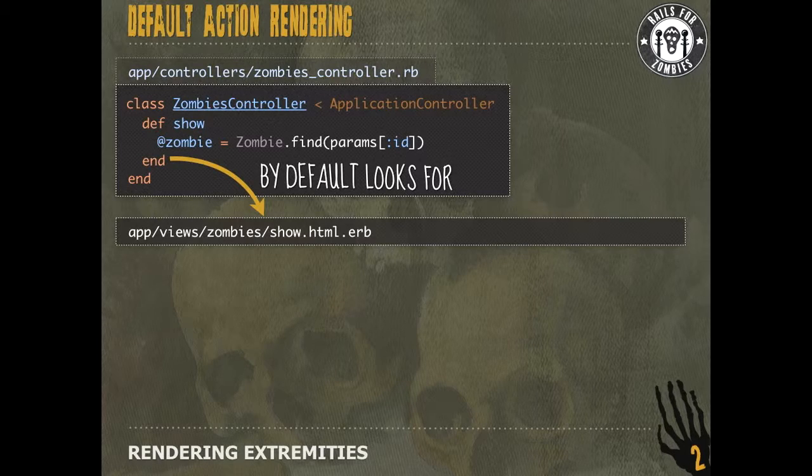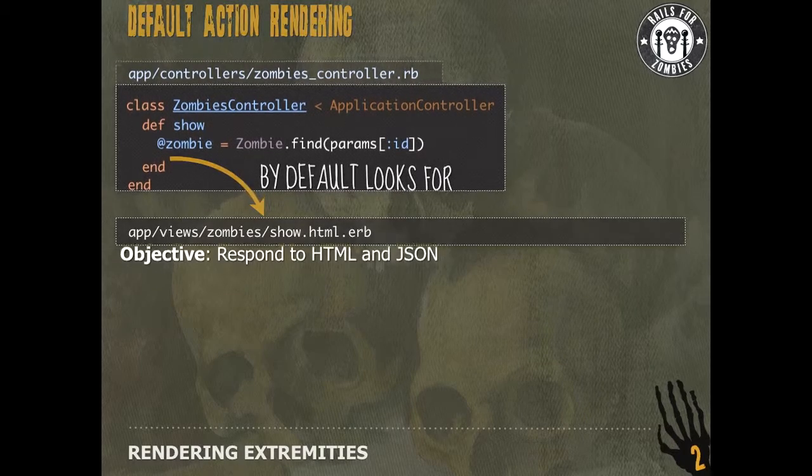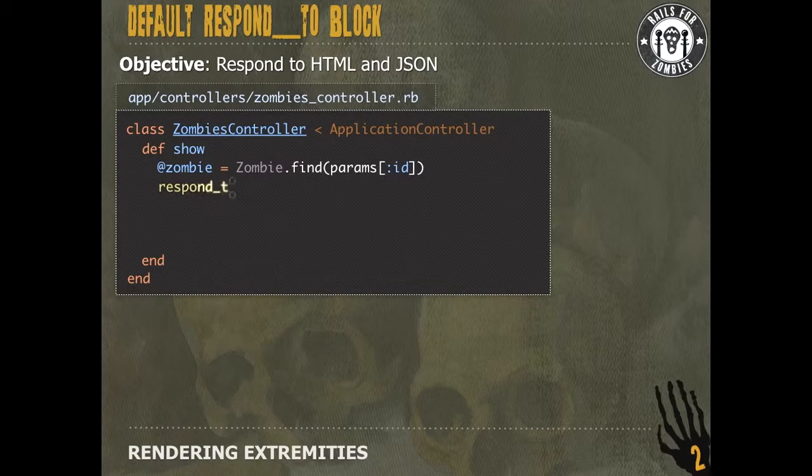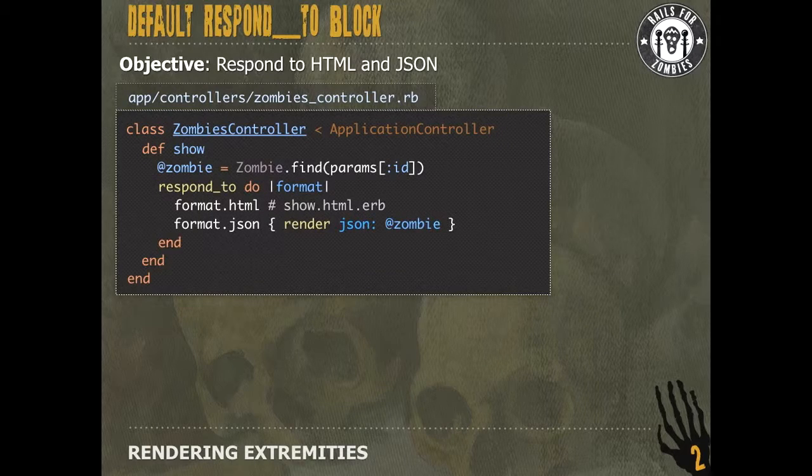But what if we want to respond to both HTML and JSON? What do we need to change then? Well, that's where we do need that respond_to block. So let's write that here. respond_to format.html. So that's saying, yes, this can respond to HTML if it's requested. That little comment there, show.html.erb, that's not doing any configuration at all. That's just a reminder for us to let us know that that's what it's going to be looking for. And then maybe we also want to respond to JSON. So we say format.json and then send in the zombie, and it's going to properly do the JSON version